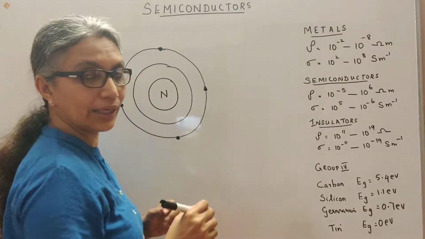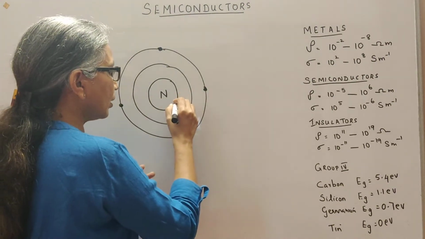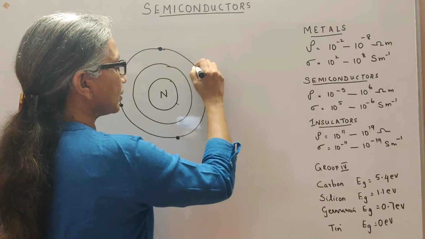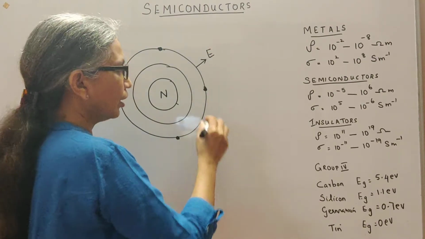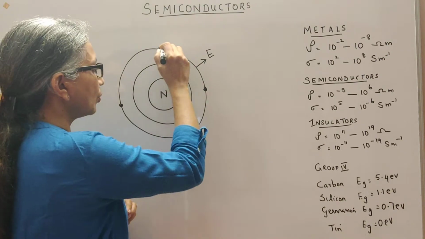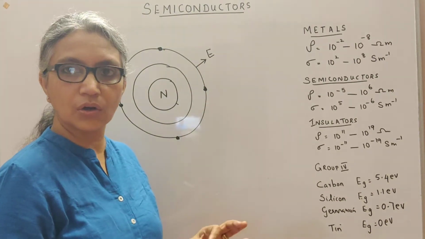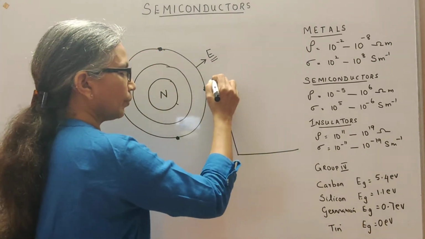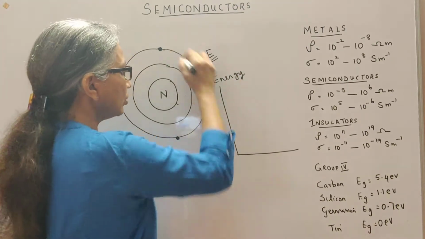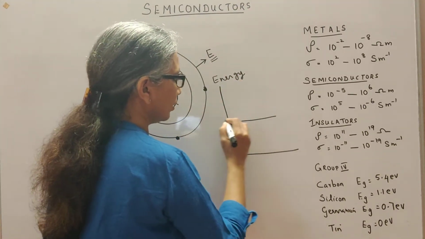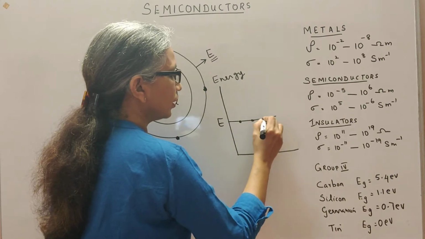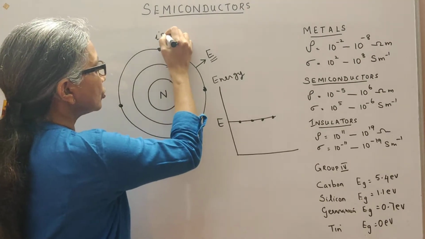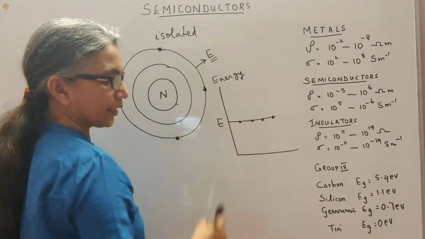And you will see, when I teach you the atomic structure, that every shell has an associated energy level. That means, let's say E is the energy of the valence shell, then all the 4 electrons occupying the valence shell, that is the valence electrons, must have the same energy. So if I were to draw a graph plotting the energy levels, all these 4 electrons must have the same energy, which is the energy of the valence shell. And that happens in an isolated atom, that means a single atom.